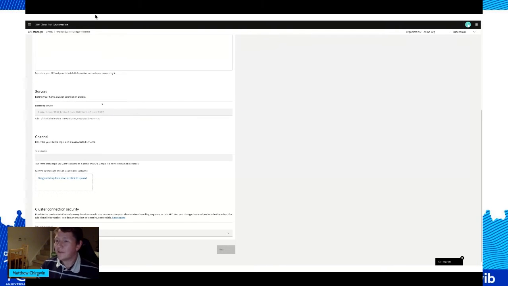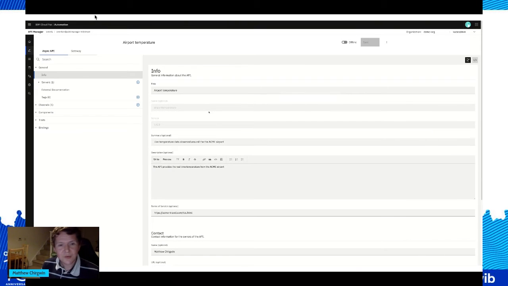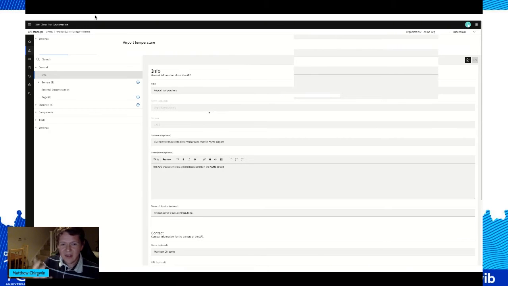So having gone through this creation wizard, she will eventually end up with an AsyncAPI document, which is then maintainable and manageable through what we call the AsyncAPI editor. Again, here you get the full AsyncAPI spec available to you in a nice form view. In this case, you can explore what you've previously created and add any additional metadata or construct or detail that you feel is useful to make the application developer's experience as painless as possible.